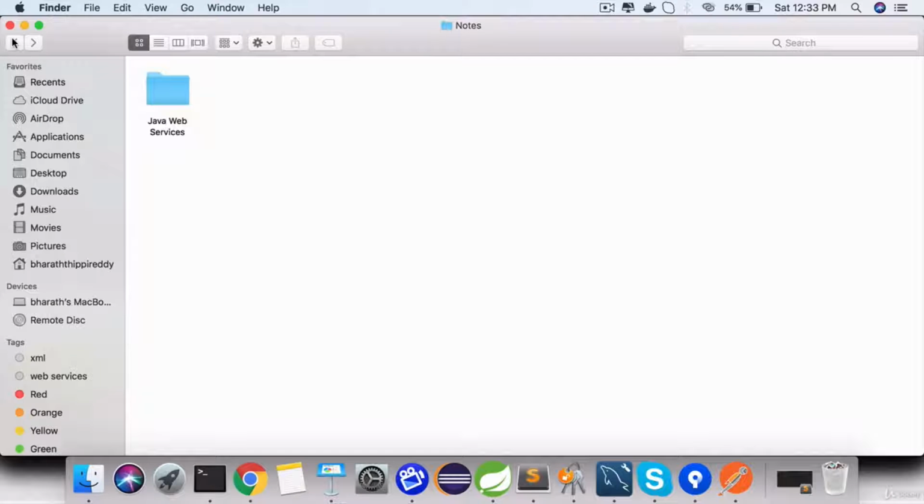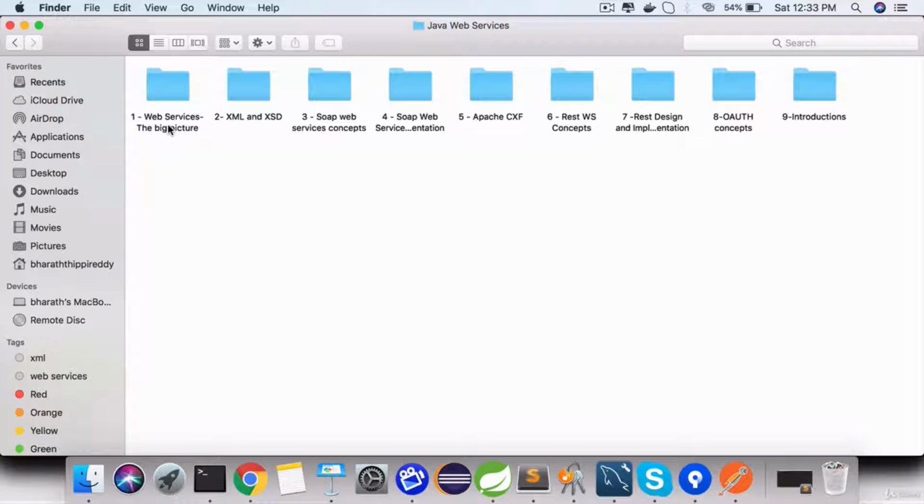By going to the resource lecture, you will be able to download a file called Java Web Services. That will be a zip file. Unzip the contents of it, go into that folder, and all the theory lectures are available in text format here. So the notes for all the theory lectures are available here, and it is organized by topic, starting with Web